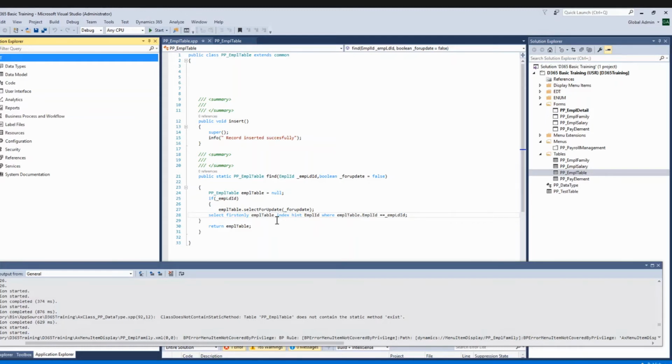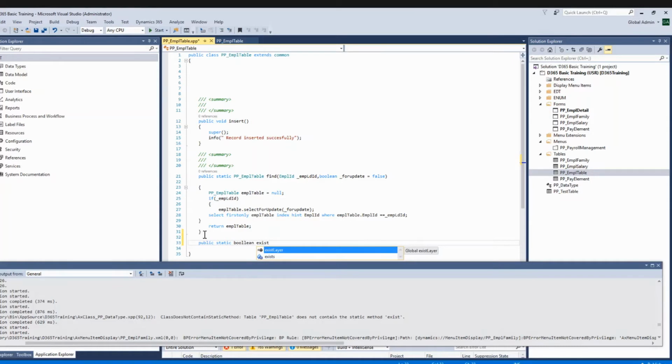It is used to check whether a record that fulfills the specified key actually exists or not. So let us define it.